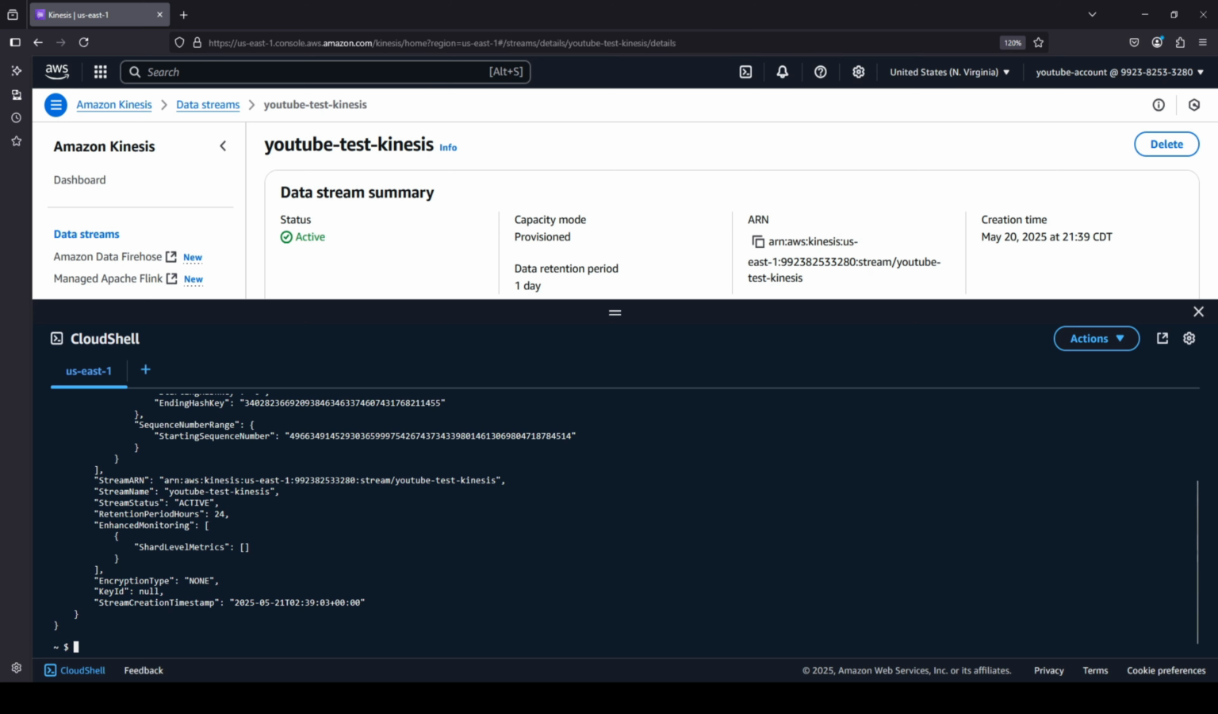So now we're going to try to put a record into our stream. When you're looking to insert data into a Kinesis stream, it has to be base64 encoded. So let's insert hello world into our Kinesis stream. First, hello world needs to be encoded as base64. So we're going to go ahead and type echo -n and we're going to say